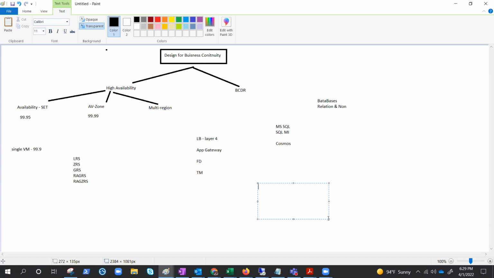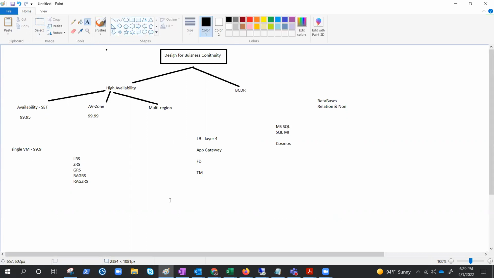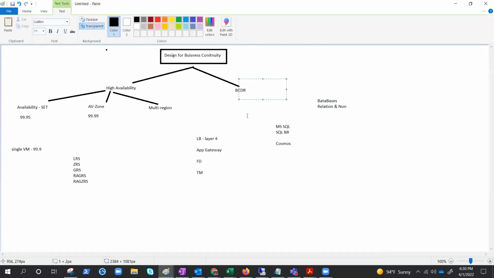So this is the basic idea you need to keep in your mind before designing a highly available solution, and make sure each and every aspect of the resource that you're using is highly available. The least highly available resource would decide how available your application is. Well, in the next video, we'll talk about BCDR solution, and